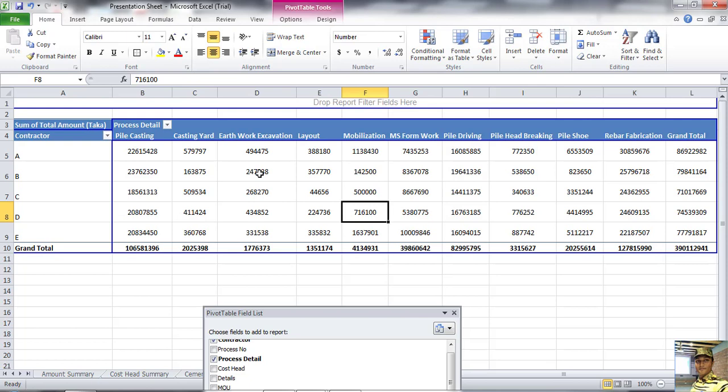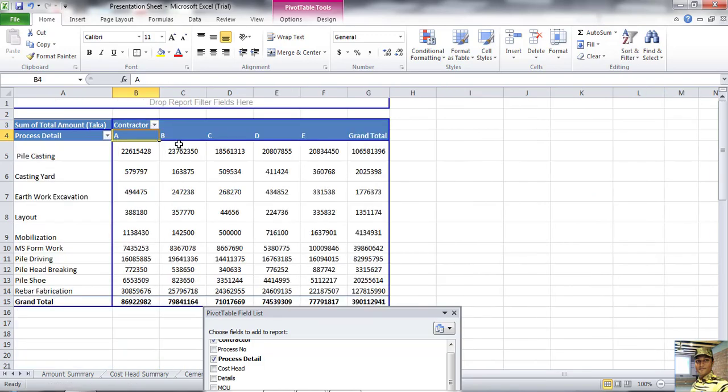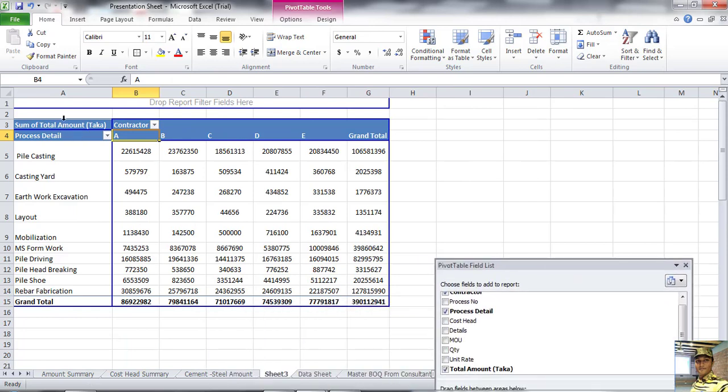If you feel this look is not good, you can change it as per your requirement. So just select this process detail and drop it here the same way. Select this contractor and keep it here. Now see the process details here and the cost shown here. So you can easily change as per your requirement in the pivot table.